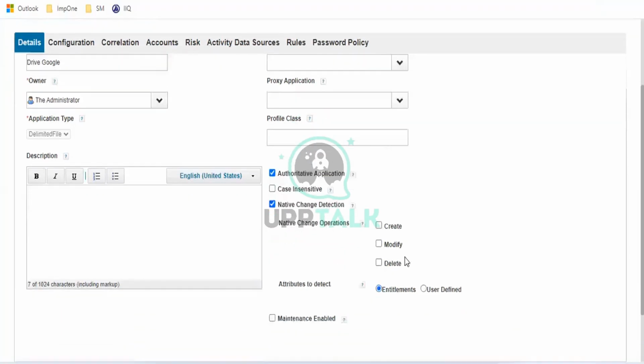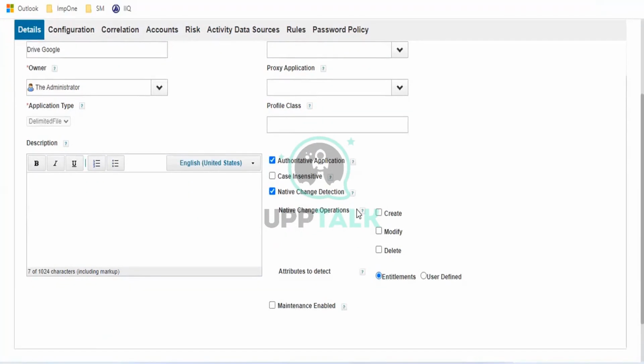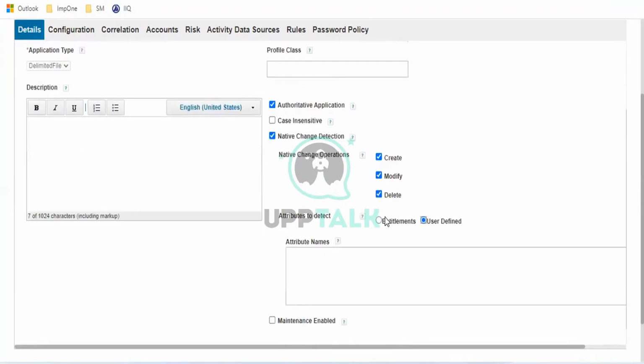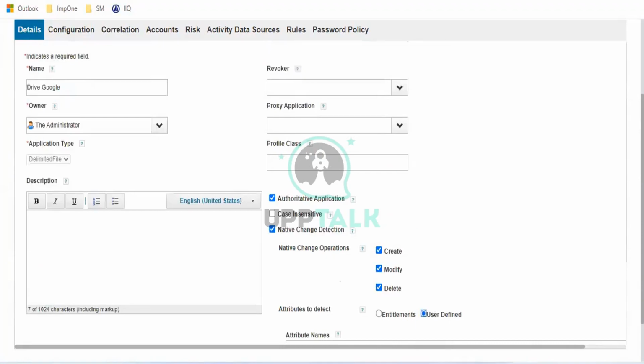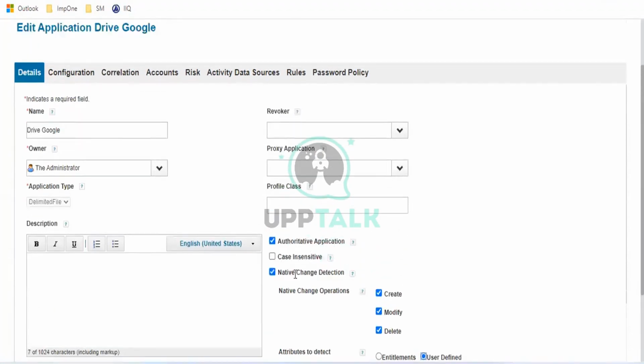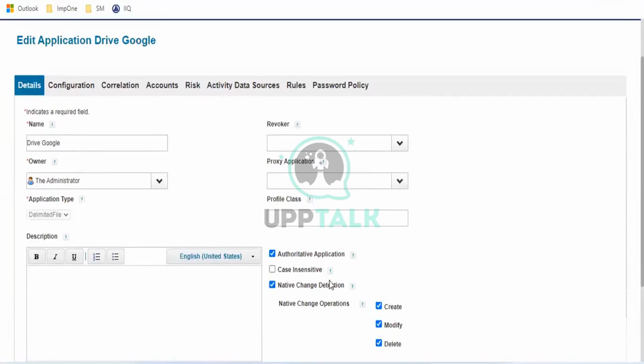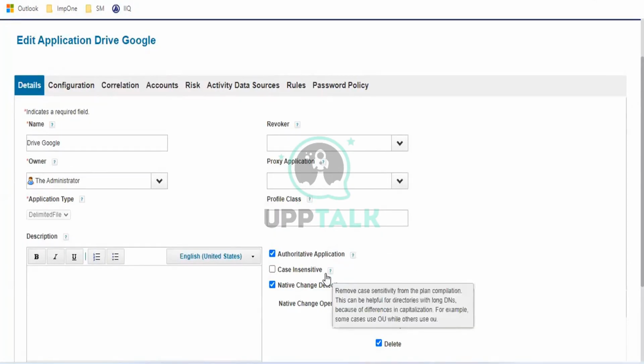Based on the attribute, you decide what the operation will be, like create, modify, delete, for all kinds of operations you want to notify, and based on which attribute native change detection is going to detect if anyone makes changes. At the end we do the notification settings, email and everything. We have a number of things we will learn. We can see tomorrow, no problem. No, not tomorrow. We are going to learn.